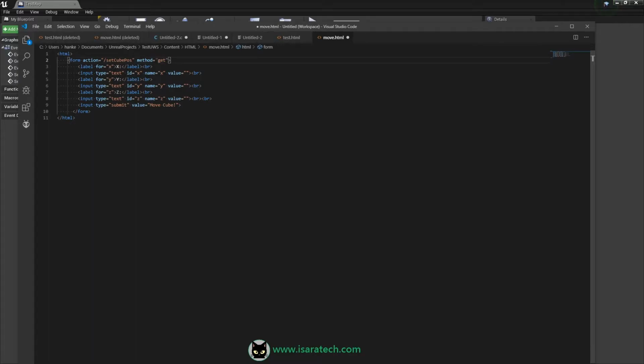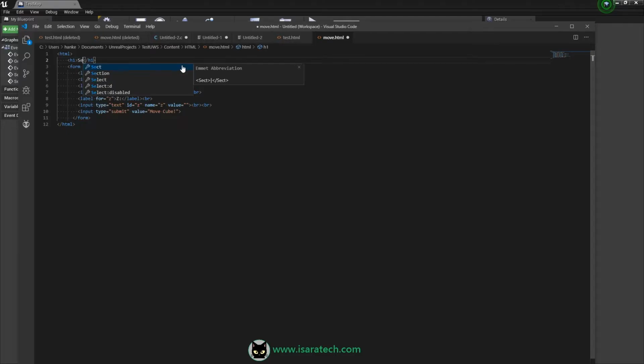I'll add a simple title, set cube position.